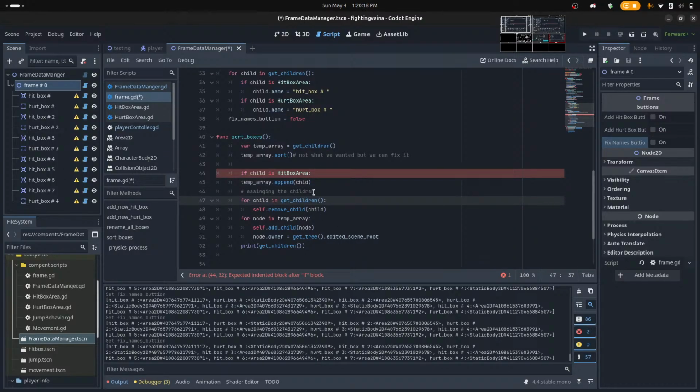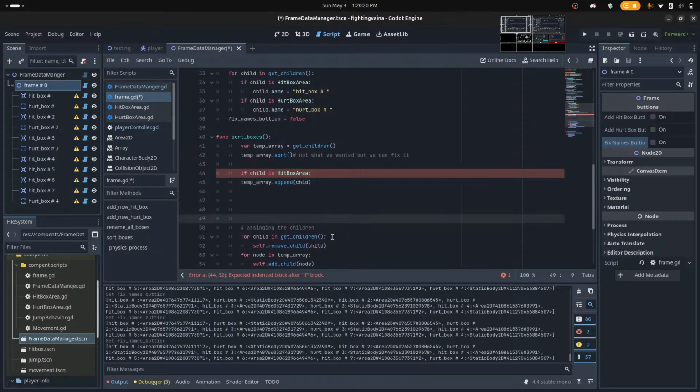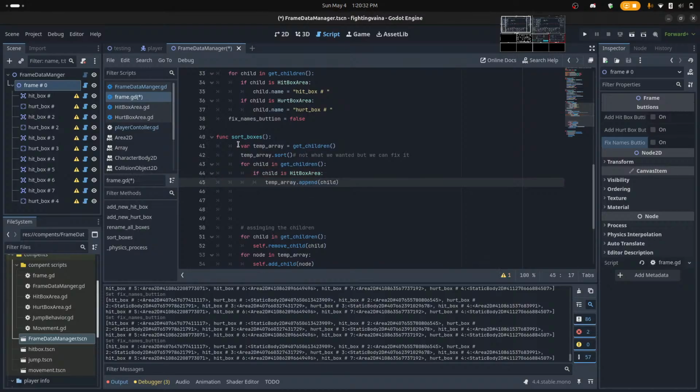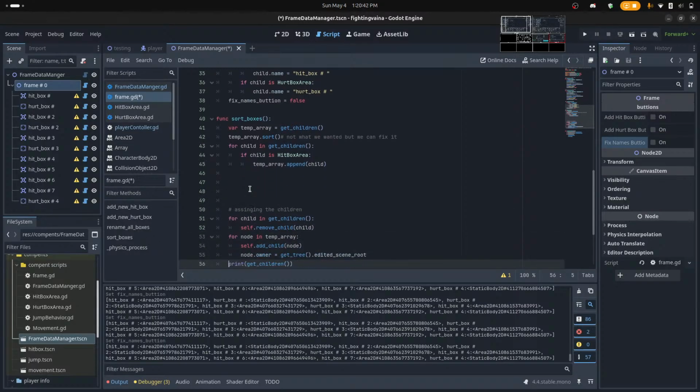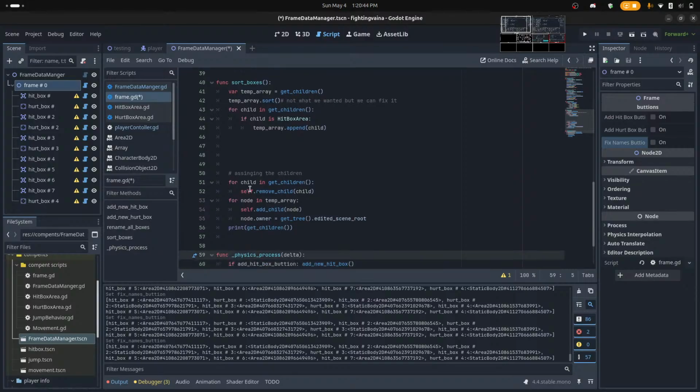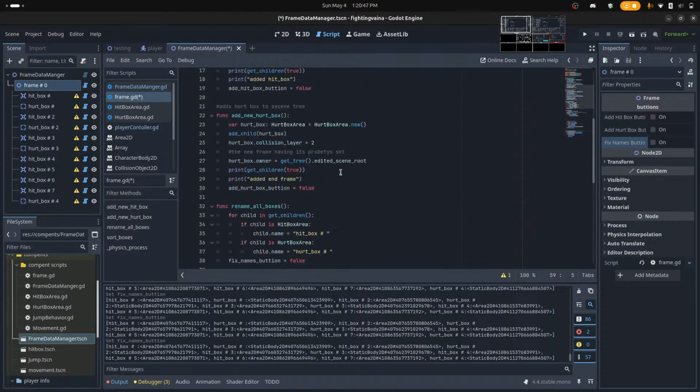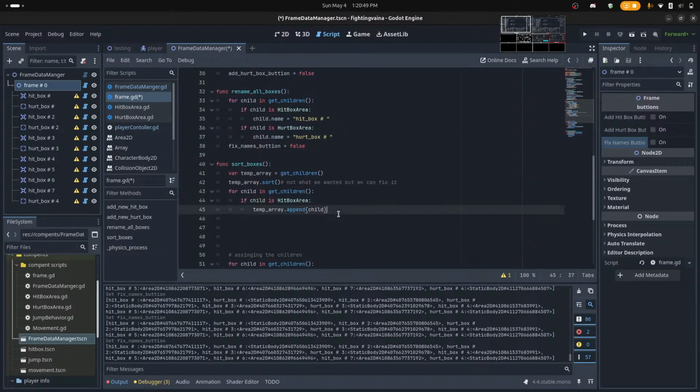Let me move all of this out of the way. Get the for loop part. Add this over. Copy the correct words. Okay. Everything is off by one. Gosh, no. Okay, that's fixed. So, if it's a hitbox appended, then check